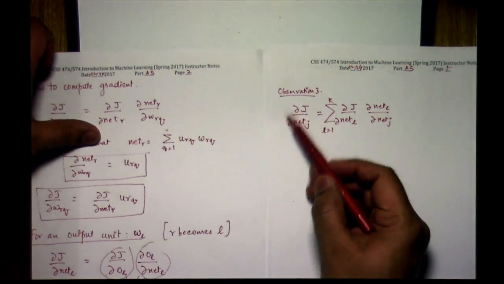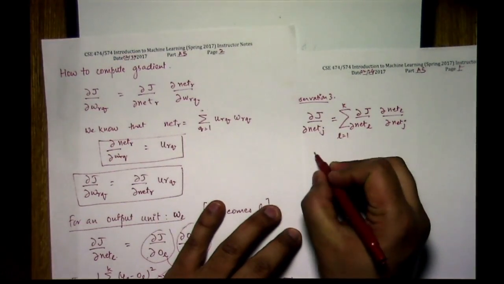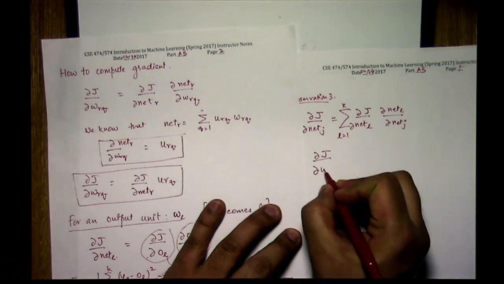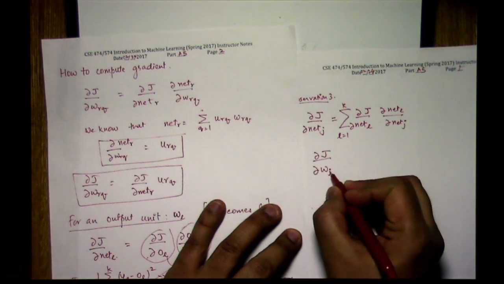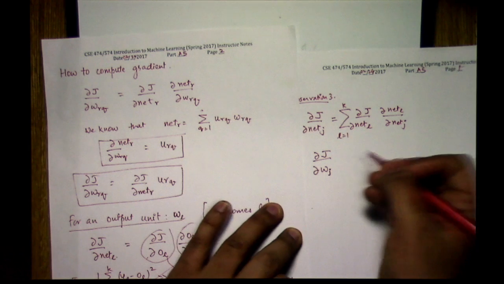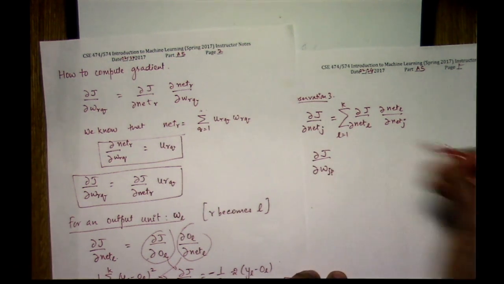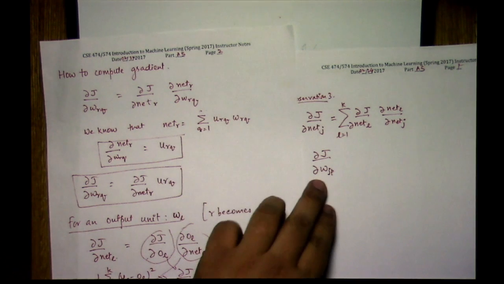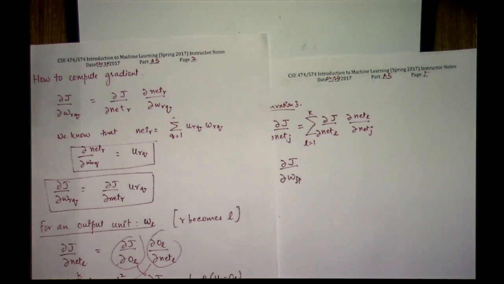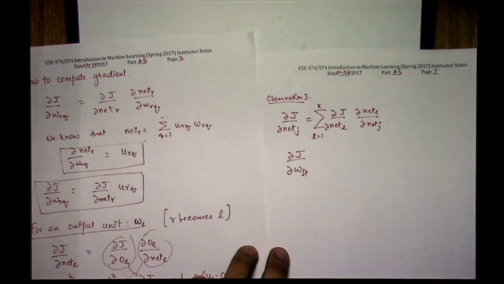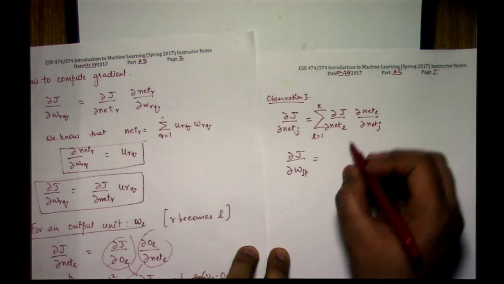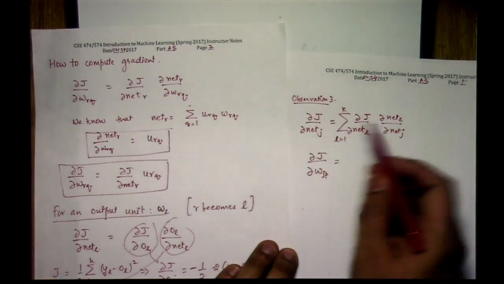And then once we have done this, then we can say that the partial derivative of J with respect to the jth unit, and within the jth unit, the pth element, right? So we are using that notation. So we are talking about the jth hidden unit. In that there are p plus 1 elements. So this will be equal to, we use this and this, we combine these two, so